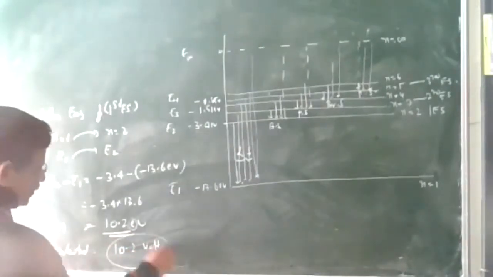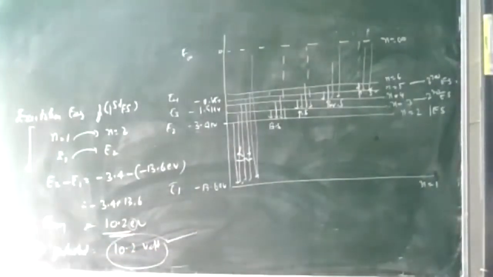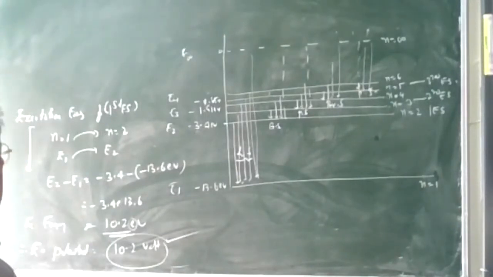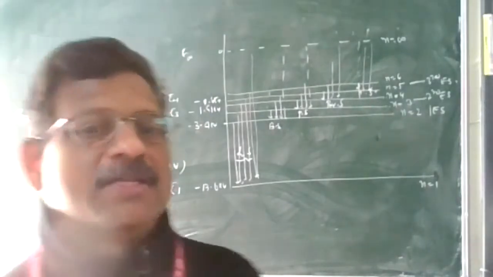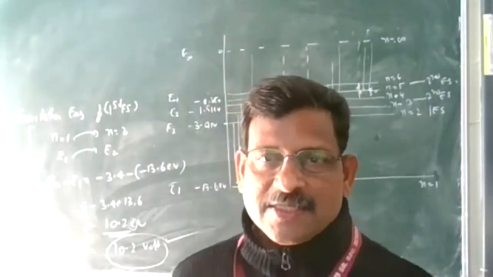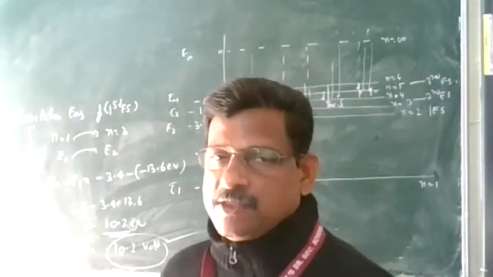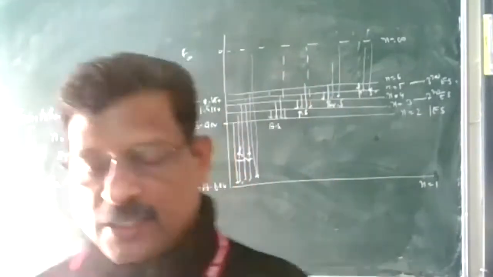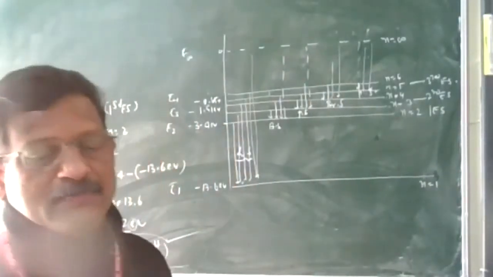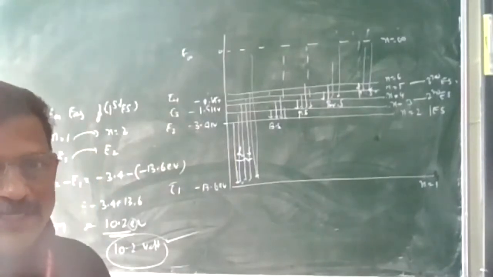So it is very important. If excitation potential is given as 10.2 volt, what is the excitation energy? It is 10.2 electron volt. Like this, we can calculate for any other state. You can calculate for the second excited state, third excited state, etc. You can do this as homework and practice. So excitation energy and potentials are different for different states.